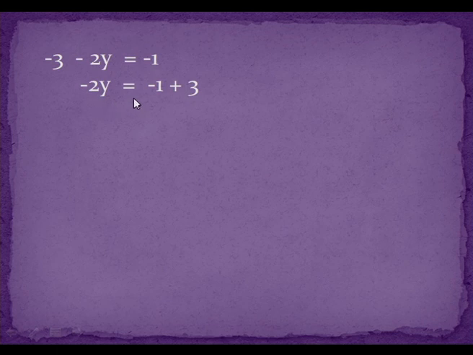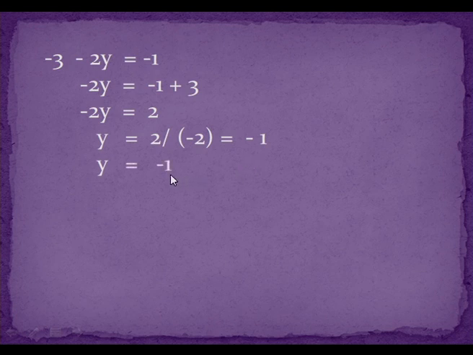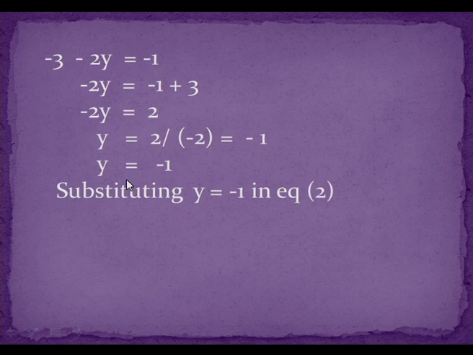So, minus 2y is equal to minus 1 plus 3, minus 2y is equal to plus 2. So, y is equal to 2 by minus 2, which is minus 1. So, we get the value of y as minus 1. Now, let us substitute this value of y in equation 2, then we get x is equal to minus 1